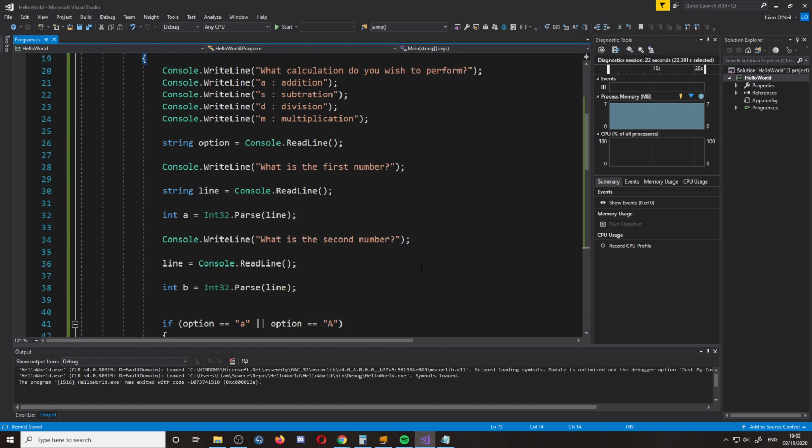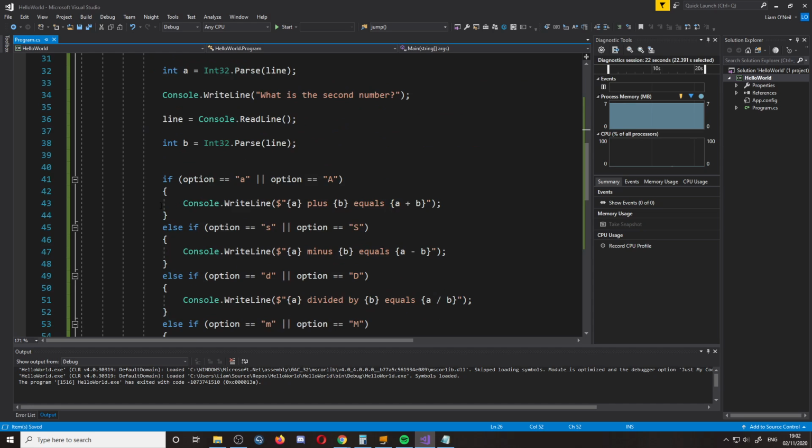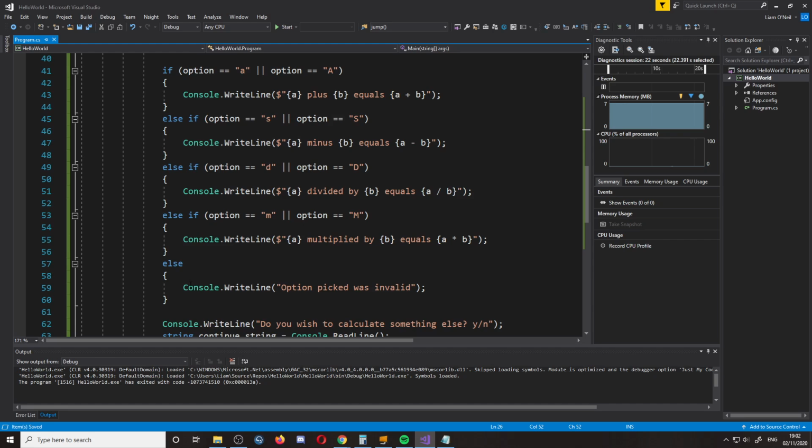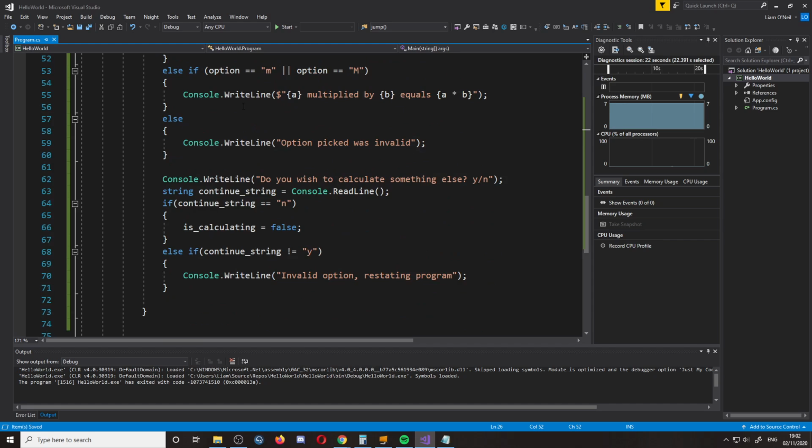Now, another thing that we can use the while loop for is we can rearrange some of this a little bit. So you know how we've got this down here? We can change this, so we could use this to say if they picked an invalid option, ask them to pick a valid option again. And I'll not do that there because it's a little bit too much rearranging. It'll take a little bit too much time. But what we'll do is we'll do it down here, just because it's a quick way of showing the same thing. So where we've got this invalid option,